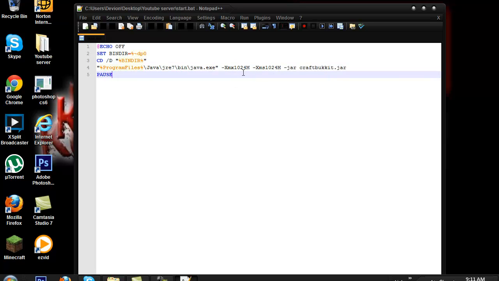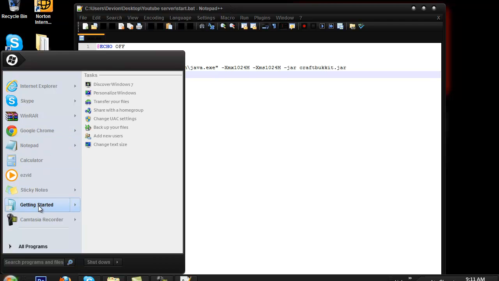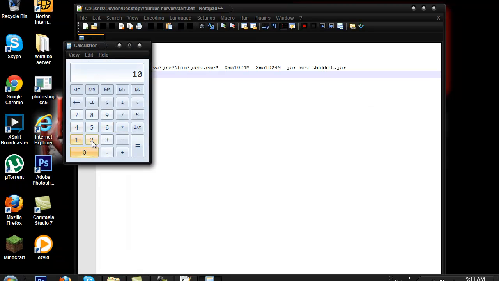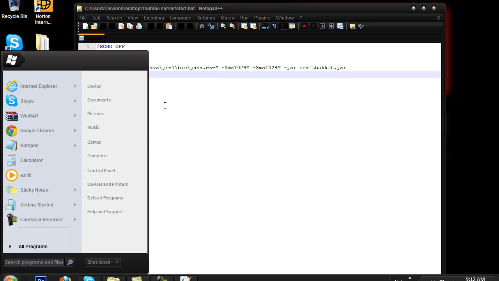1024 MB is 1 gigabyte of RAM. So if I want 3, that means 1024 times 3. I think all Windows have a calculator, so you can do times 3, which equals 3072. That will be 3 gigs of RAM. If your computer only has 3 gigs of RAM and 2.72 gigabytes to use, you might only want to use